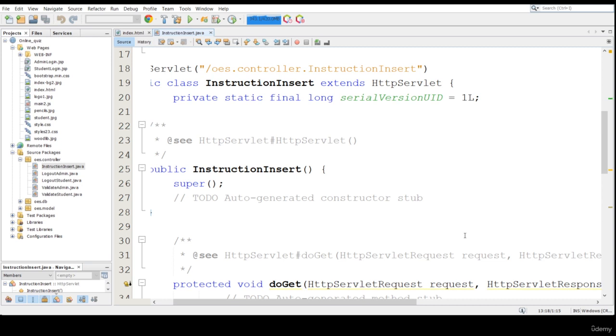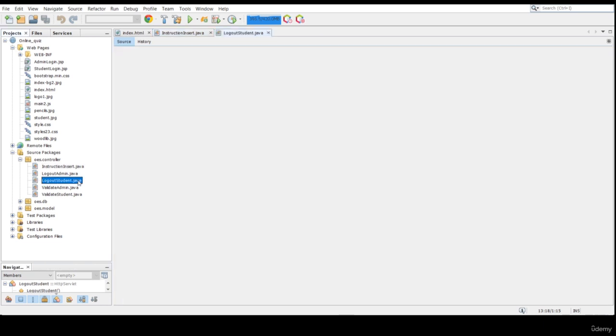Similarly, we need to create some logout methods. In the previous part, we created only one button, and once it is logout, it goes to the first part. But for a user-friendly website, it shows a message. What message does it show? It shows you logged out successfully, or if you entered, it shows welcome with your name. For that purpose, I'm going to create some other methods. These are very simple methods. Logout student,